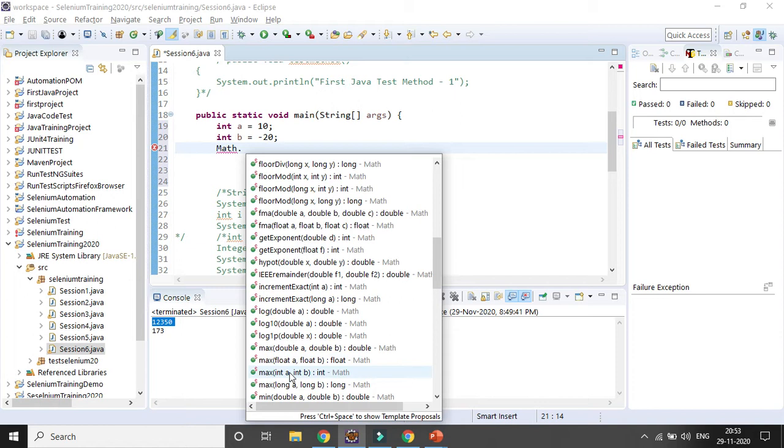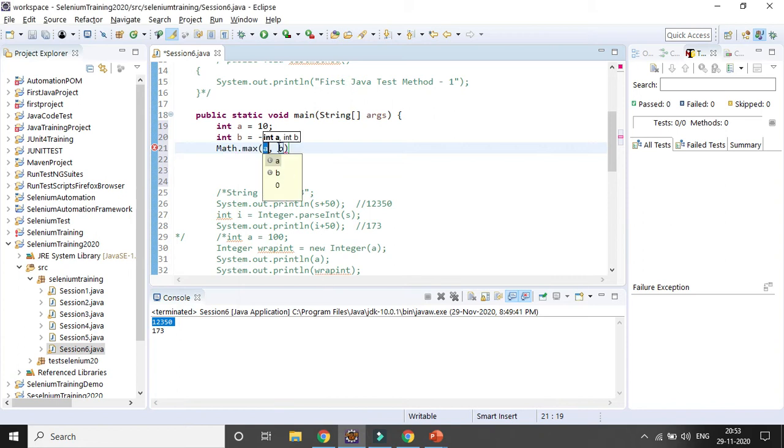So I will check max, and I can give the variables a and b. Let's run the code and see.